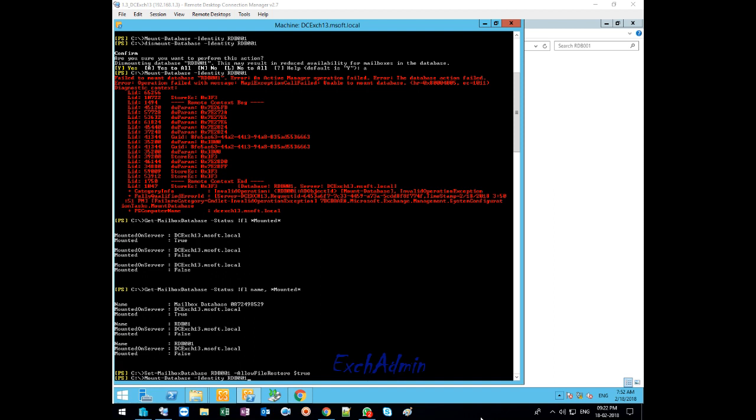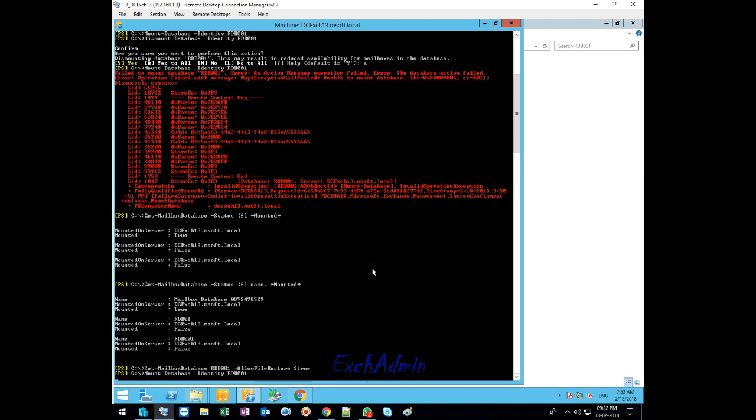I'll again give it a try after running the above command, and let's see how it goes. It should be mounted. There we go. So I forgot to enable this option on the recovery database property which says allow file restore, because